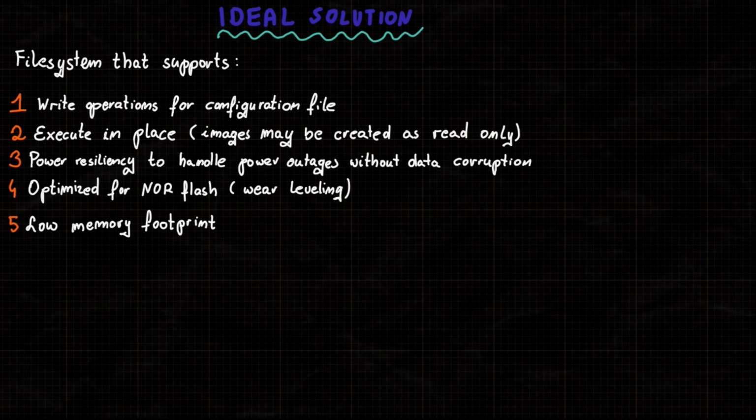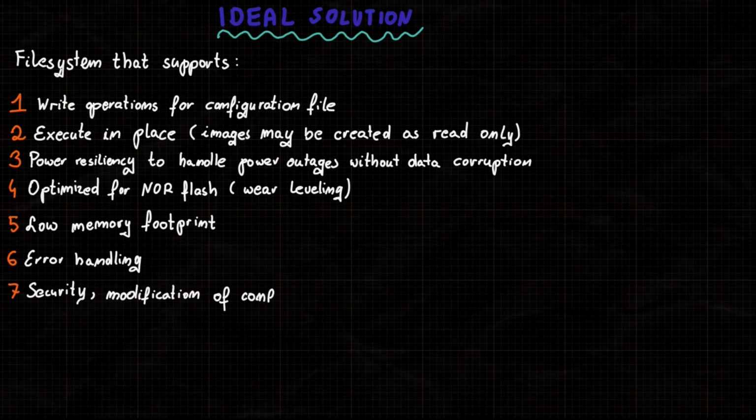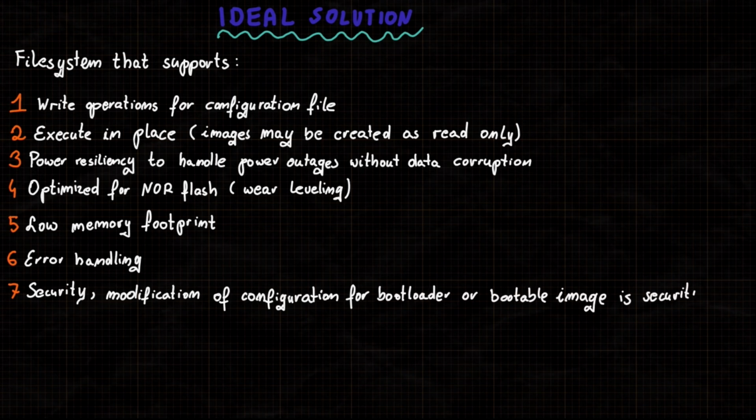We may embed this file system into the Yasboot implementation and use it to load modules. Also, it's important to have some error handling in case of, for example, bad sectors that exist on the flash. So that file system should find out that the flash is damaged and maybe should relocate some data to another sector. Since we are implementing a bootloader, it's also important to have some security features, for example, to mark a partition as read-only and not allow anyone to modify it.